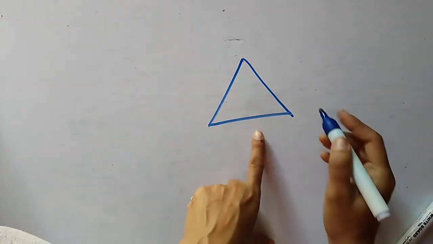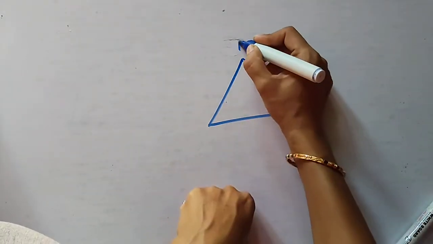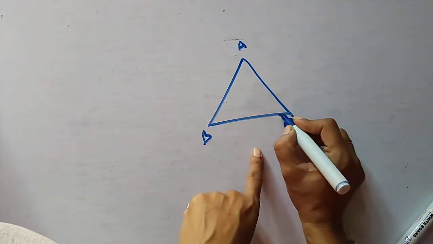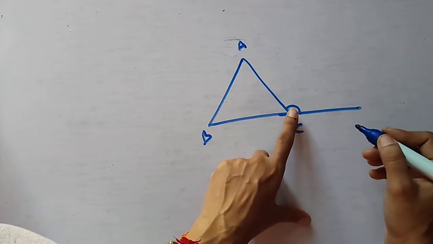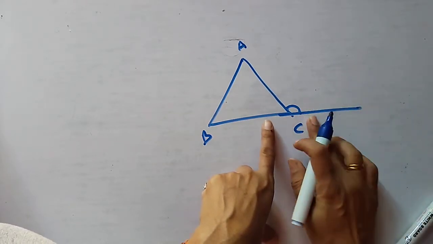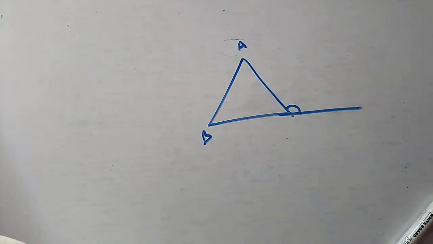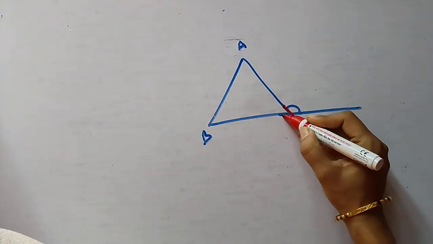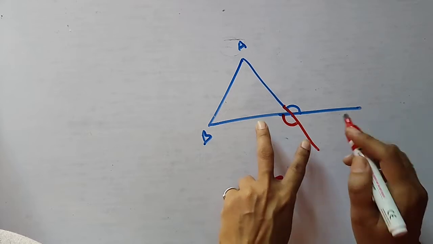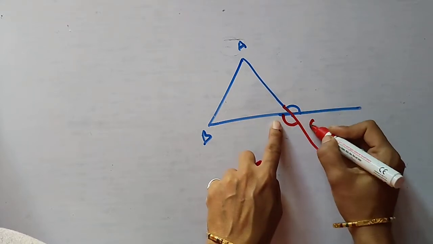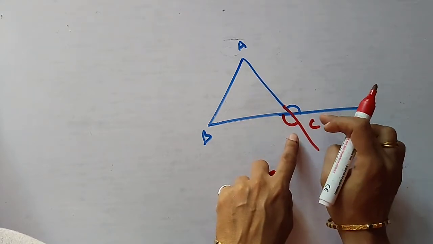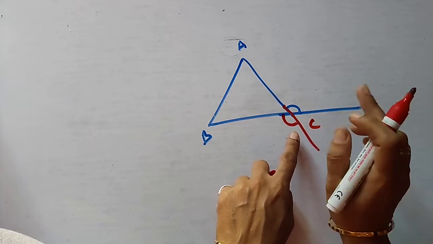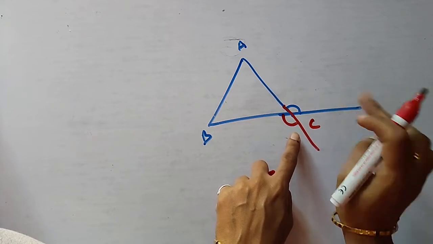See here, suppose again we draw an angle of this type. This is a triangle, so you have to form the exterior angle. First we saw this is the exterior angle. Again suppose we increase this line. Now we increase this line, so here we get this angle also as an exterior angle. So here at vertex C we have at least two ways of forming an exterior angle.